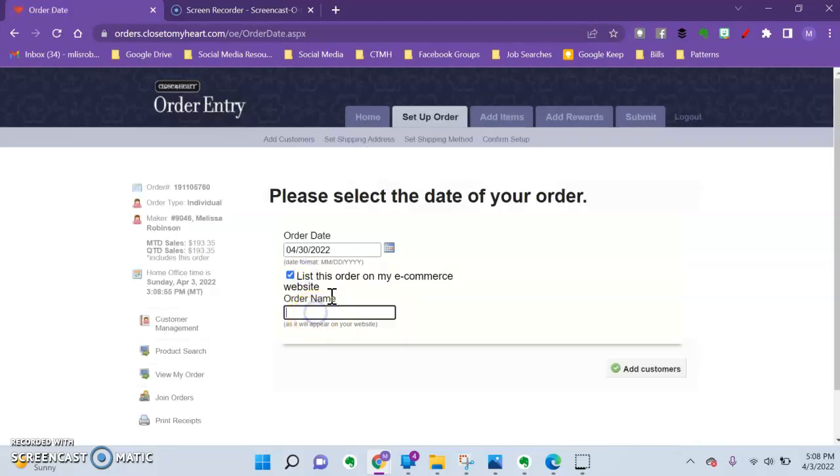I'm going to list it and I'm going to say Club 30 for April. And this is for one of my hostess clubs. We can talk about information about that at a later time, but I have and do suggest to team members